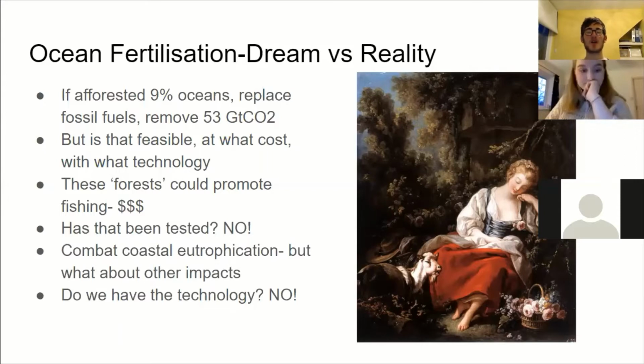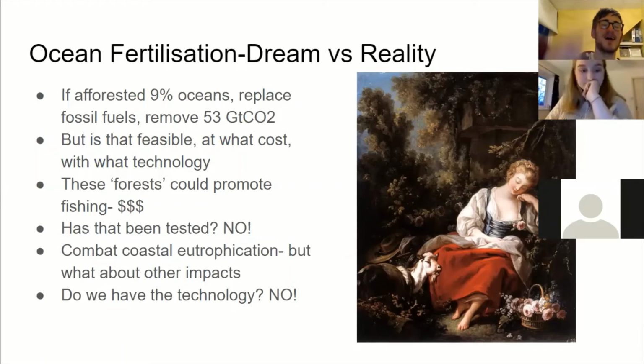And secondly, I couldn't quite remember what timescale this was. I really should have put this in. But over a reasonable timescale, we could remove 53 gigatons of CO2. I think that's like over a couple of years or something. So it's a really short period of time. So we could actually use this to really help eat into it. And that 53 is not limited.